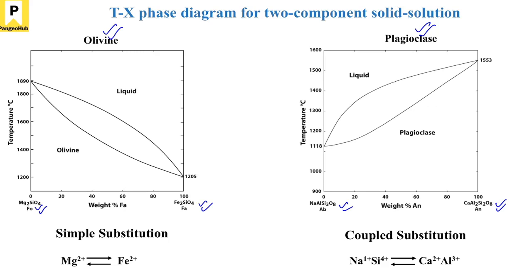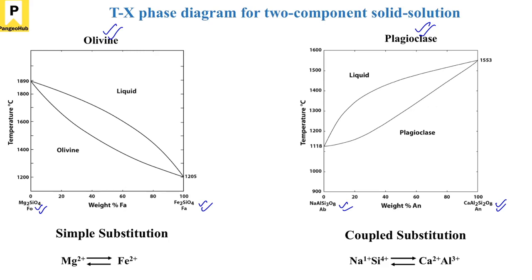If you read about solid solutions in mineralogy, maybe sometime later, or if you have read earlier, you know that solid solution can be substitutional, it can be omission, there are three or four more types of solid solution. What we are looking at here is a couple like substitutional solid solution, where ions are substituting for each other to change the composition from one end member to the other.